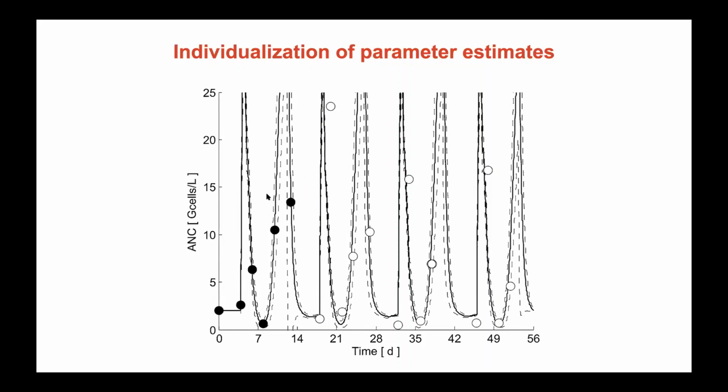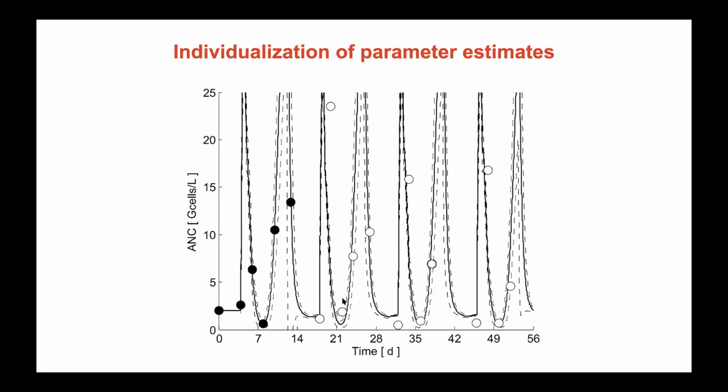So these are the data of a given patient for the first cycle. These are the data that are used to identify the parameter estimates, and these are predictions of the models. Here, in this case, the predictions were in line with the observations, and the patient did not require any adaptation